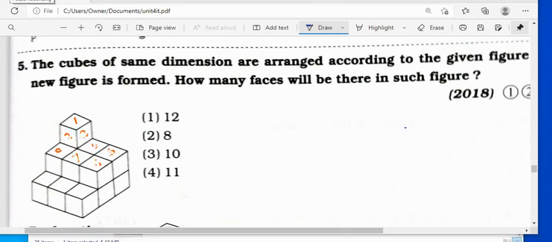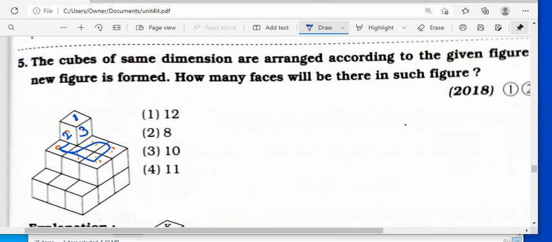Now see the number of faces. This is first. See here. This is the first face. Then this is the second face. This is the third face. Then this whole face here. This whole face is the fourth one. 4. Then this side, full side. कोणती बघा? This one. This side, full. This is one face, no? This is 5. Okay. Then this one. This is 6. Then this is 7. Then this face is 8.